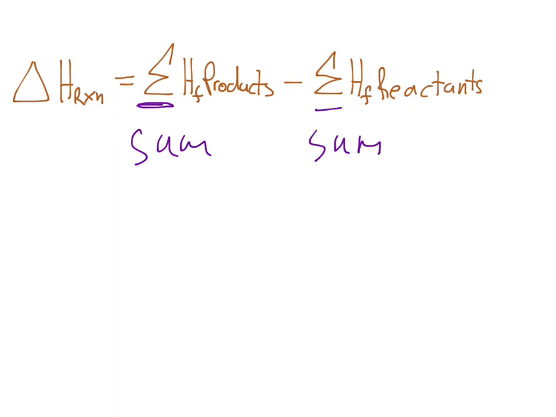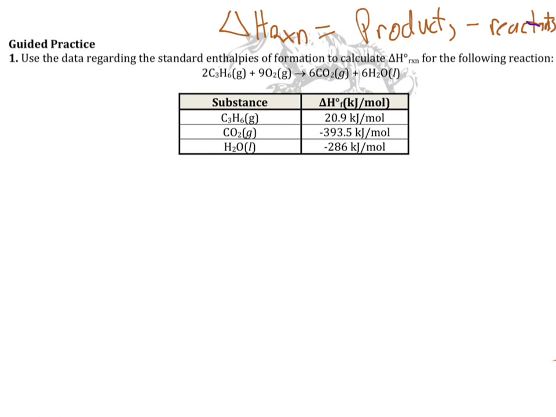And so we can go ahead and take a look at a practice problem here to see how we can calculate the change in enthalpy of a reaction using the heats of formation. All right, so again, the change in enthalpy of a reaction is going to be the sum of the products minus the sum of the reactants, all right? So when we are doing this, we have our products here, and then we subtract our